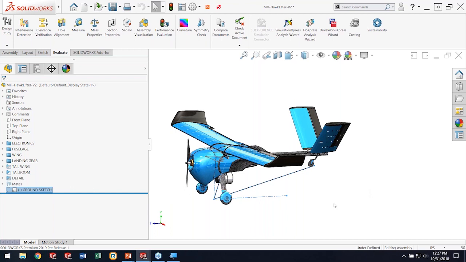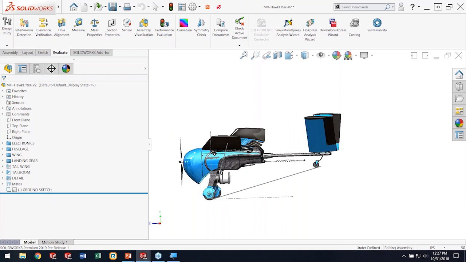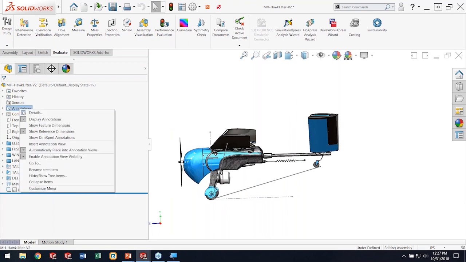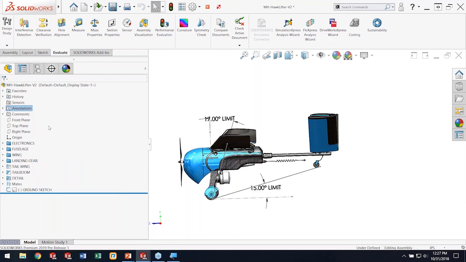So let's show this sketch and let's get a better understanding for what's going on. So we just want to see that angle in there. So there's a couple ways that I can display this angle. The first one is if I right click on my annotations folder, I can show my feature dimensions. Now there we go, that's showing that 15-degree angle there, but it's also showing every single other feature dimension I